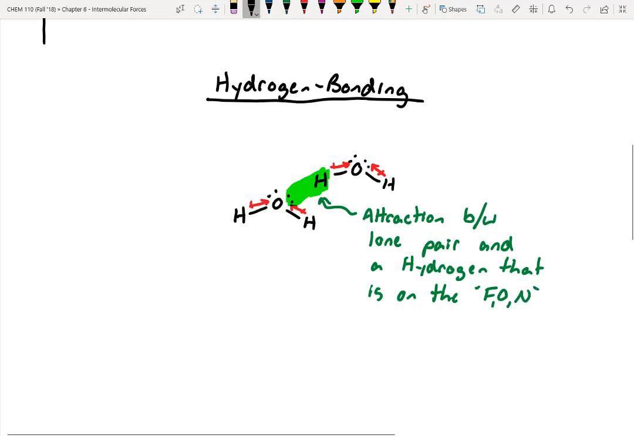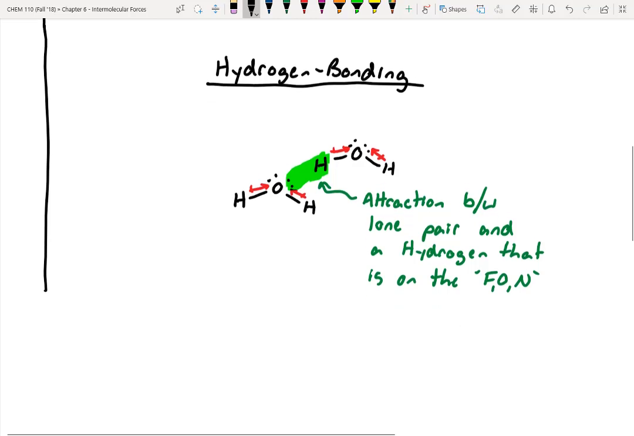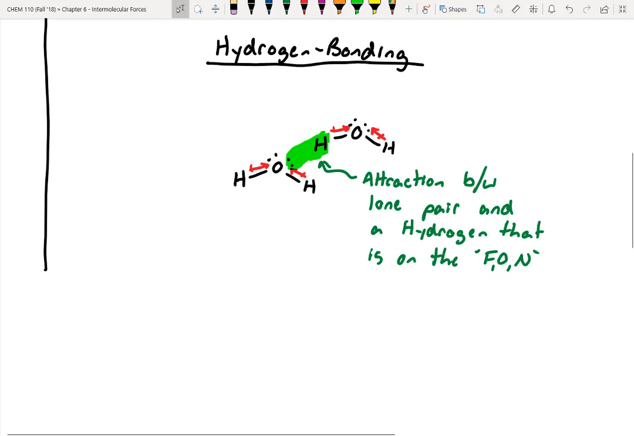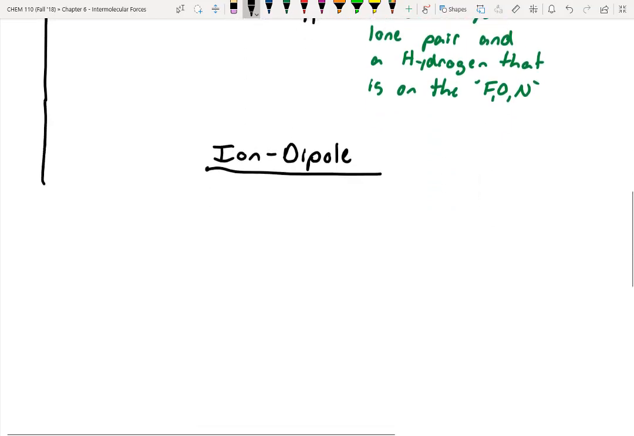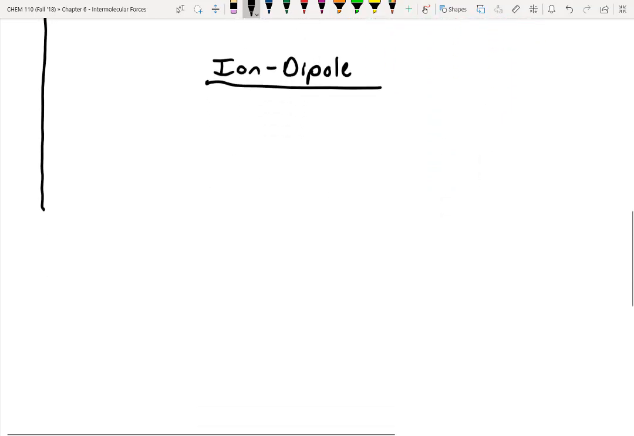All right. So those were the ones we covered yesterday. However, there are a couple more that are a little bit different, a little bit unique. The next one is actually an ion dipole. And it's exactly what it sounds like. What you have in an ion dipole situation is you have an ionic compound that's combined with a dipole, or a compound that has a dipole. So this would be a mixture,